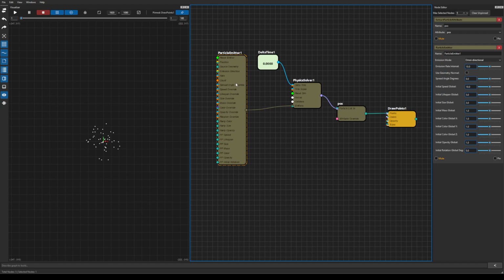So if I was to double click the particle emitter, if I wanted a constant color, I could just go into the initial color, global X, Y, and Z, which represents red, green, blue. And right now that's why they're white, because that's the default, but this color isn't actually being used yet